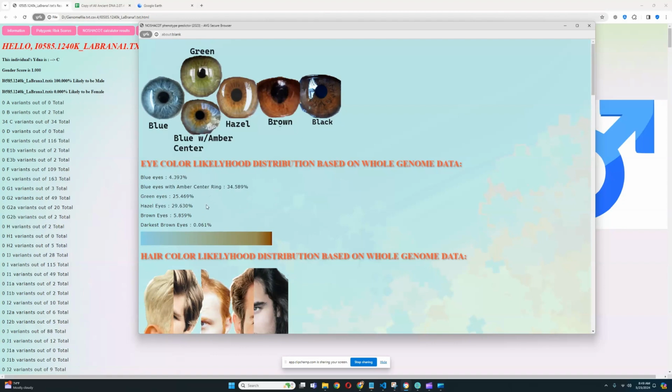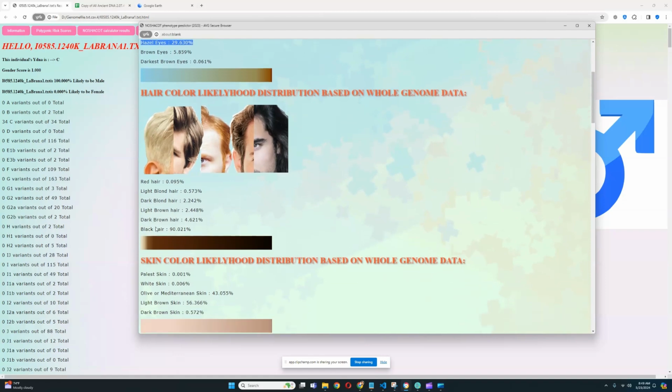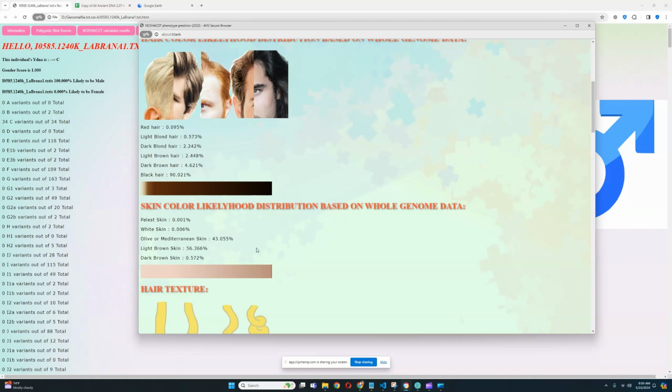Okay, kind of typical result for a Western hunter-gatherer. Most of them scored pretty much the same thing here. Blue eyes with an amber center, green or hazel. For hair color distribution, definitely has black hair, definitely very dark hair color. And for skin color likelihood distribution, most likely intermediate between light brown and